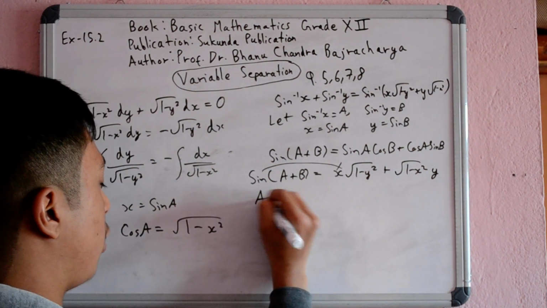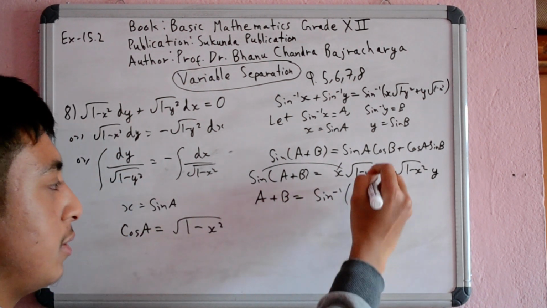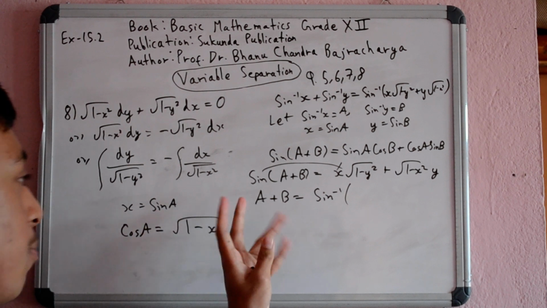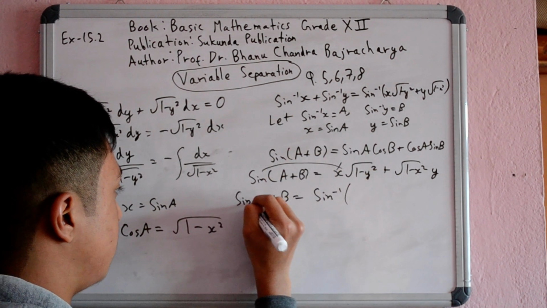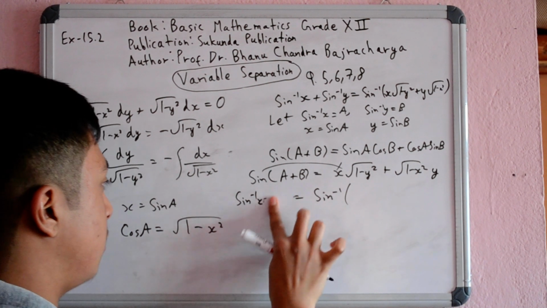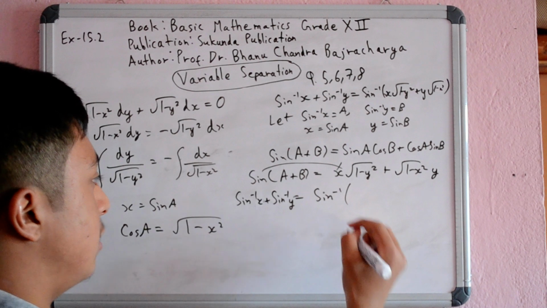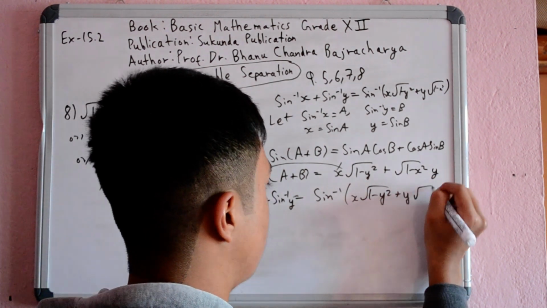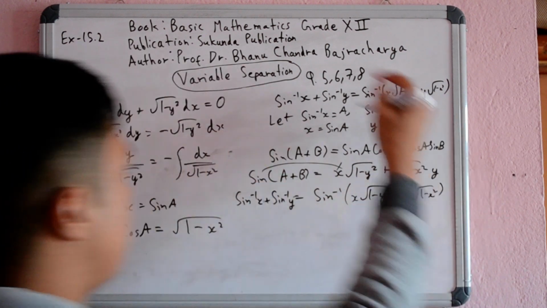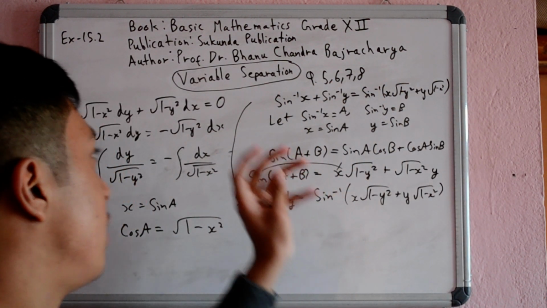This becomes a plus b is equal to sine inverse of the whole of this, but we can write a plus b as sine inverse x plus sine inverse y. This becomes x root 1 minus y square plus y root 1 minus x square. And this is the proof of this, and I'll be covering the next 4